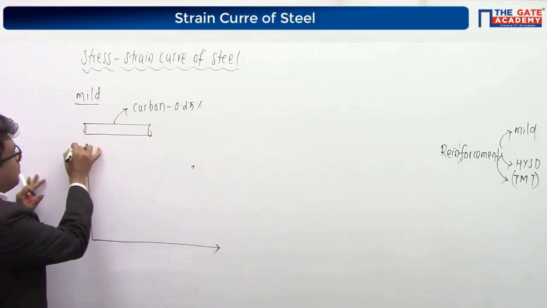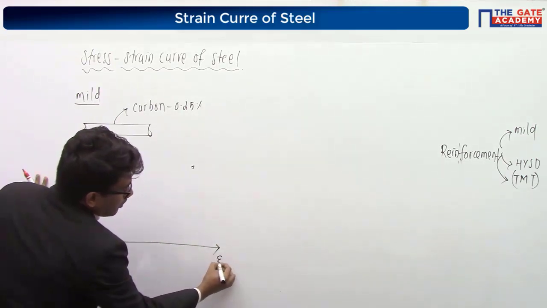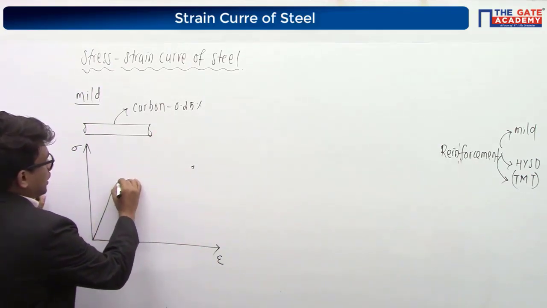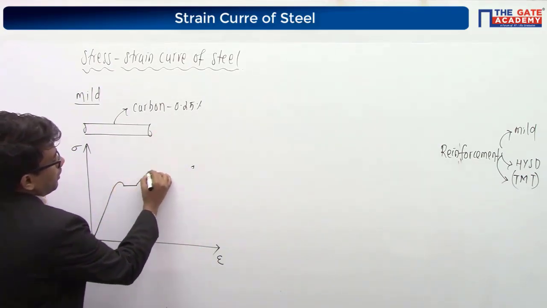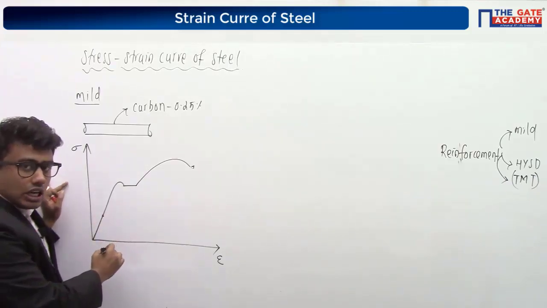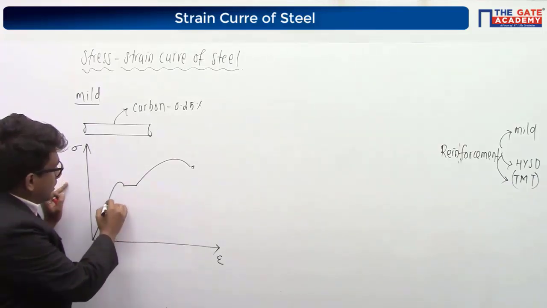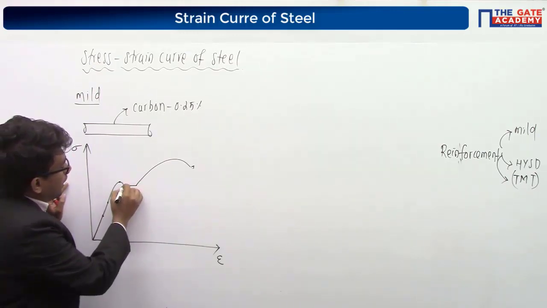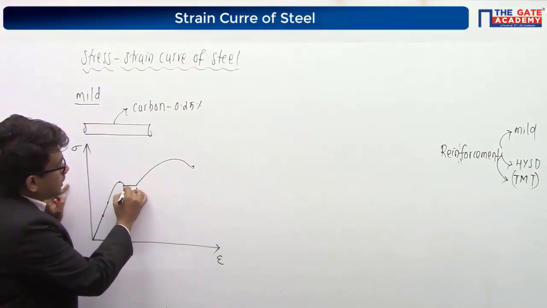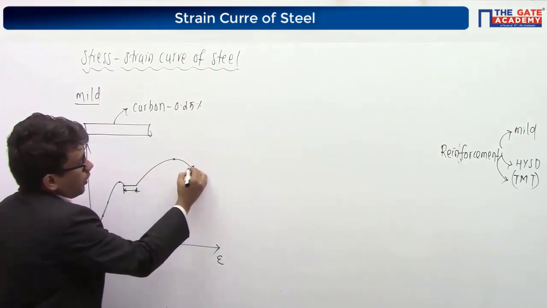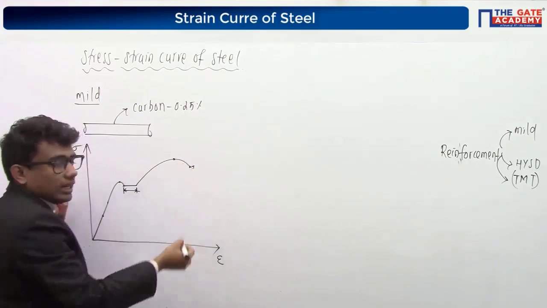In the y-axis we will be having the stress, and in the x-axis we will be having the strain. So if you draw the stress strain curve of mild steel bar under tension, you will be getting something like this. Correct or not? Till here, stress is proportional to strain, which is called the proportionality limit or elastic limit. We have one upper yield point and one lower yield point. This is called the plastic region, or the yield plateau, right? Then we have our ultimate load point, and we also have our failure point.